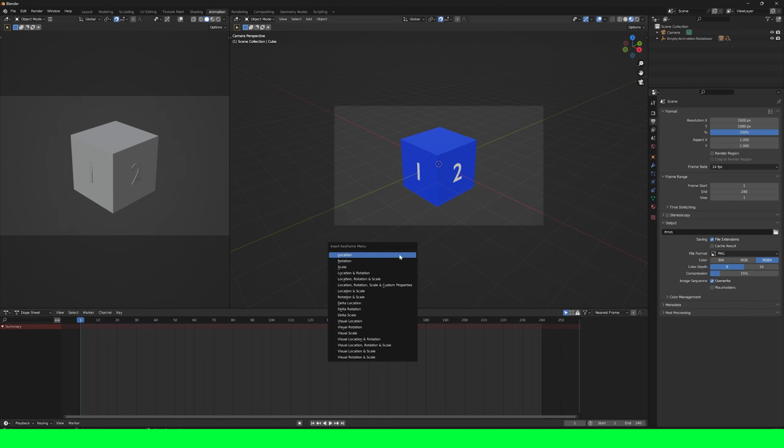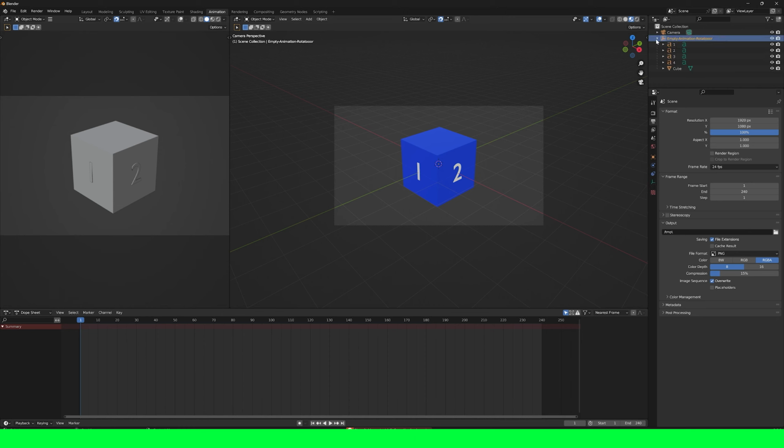Now, note that you need to have the object you want to keyframe selected, otherwise it will give you an error. So in this case, what we want to do is animate the empty. We don't actually want to animate what's inside the empty, because then we would have to animate each one of those. And since we want them all to have the same animation, we're just going to keyframe the empty. So hit I,